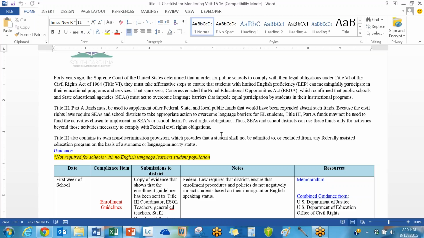And the funds we receive, I'll go into detail about the funding. Until 2013-14, the amount we got was $5,000. And I spent every dime of those funds on professional development. I would send an email to schools with ESOL kids and schools with non-ESOL kids asking, do you want to attend this training? And we used 100% of those funds for professional development. Last year we received around $17,000, and we used every single dollar, and some of it is carried over for this year. Every dollar goes to professional development, where teachers come to Columbia for training,